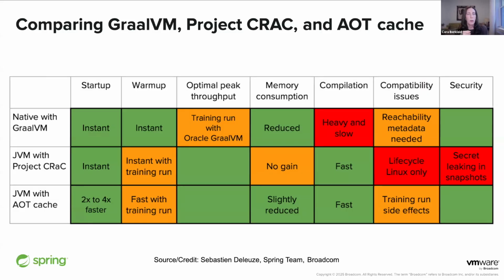And so the focus really from the Spring team and the Oracle team is on the techniques that are more approachable, especially as they evolve and they improve. The outcomes that they provide are approximating GraalVM and CRaC a little bit more every time. So the idea is to get the maximum benefit with the minimum restrictions. And so there's a lot of attention right now on JVM AOT Cache. Okay, having said that,